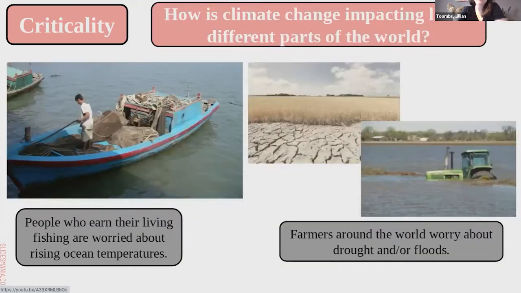And then we also did a picture walk and looked closely at some images from news articles about climate change in different communities around the world. And the kids came up with some pretty profound connections when they realized that when industries like farming and fishing are impacted by climate change, it affects not just small communities, but everybody connected to that food source that's being produced. So, again, even though I teach really young students, these kinds of activities can produce rich learning opportunities.